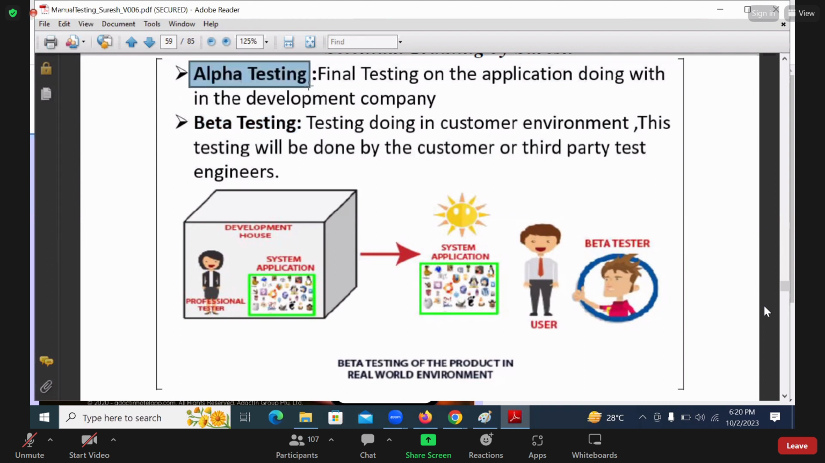Alpha testing. As we mentioned, final testing or end to end testing is done by testers. Don't be confused: this is the development company's testers, not developers doing it. The alpha testing